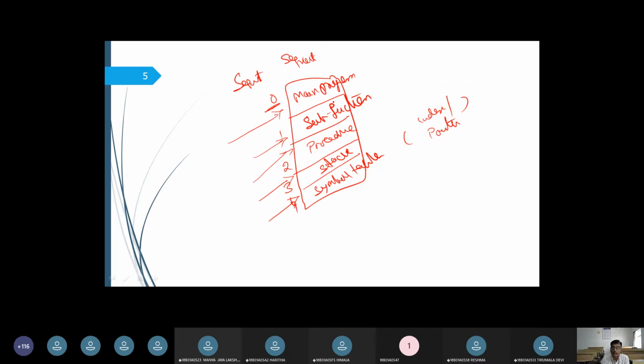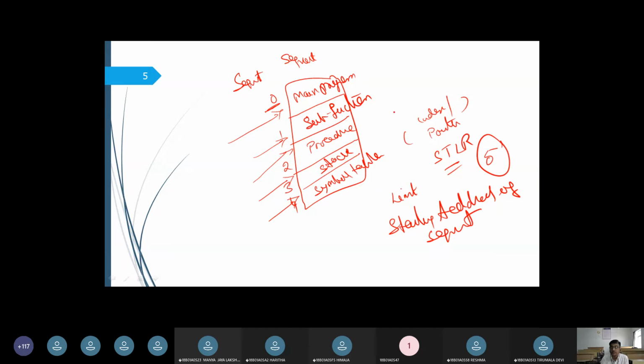Now you can have a clear glimpse of the segment limit. I am going to have the segment table limit register. What is the limit here? I am going to have 5. Now I am going to have the starting address of the segment. What is the starting address of the segment?